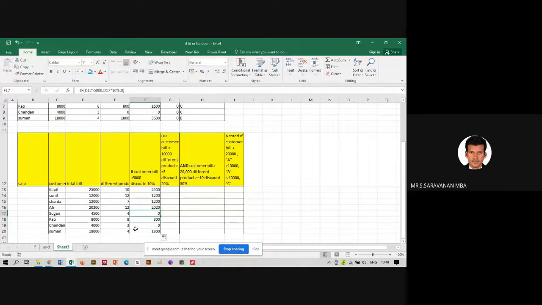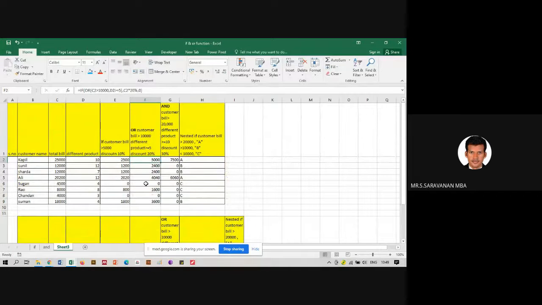This one way is useful. Second function, OR function. Instead of IF, you can go for OR, because we have two pieces of information to be analyzed. Two information means one is sales, second is product. Two conditions have to be fulfilled. So how you are going to do it is equal to IF, open the bracket, OR, C2 divided by 10,000, comma D2